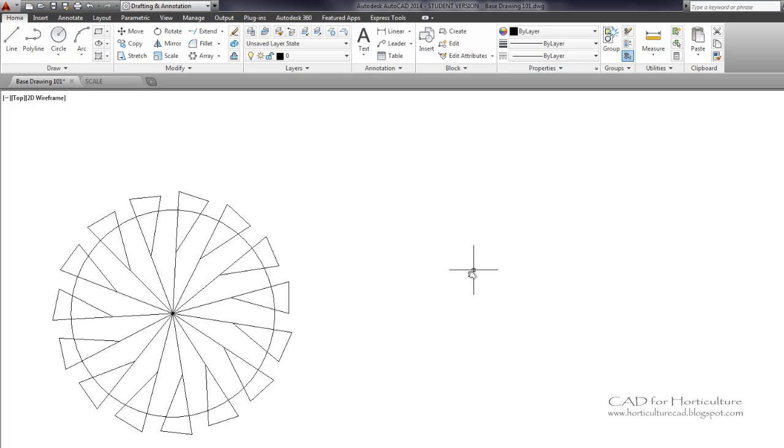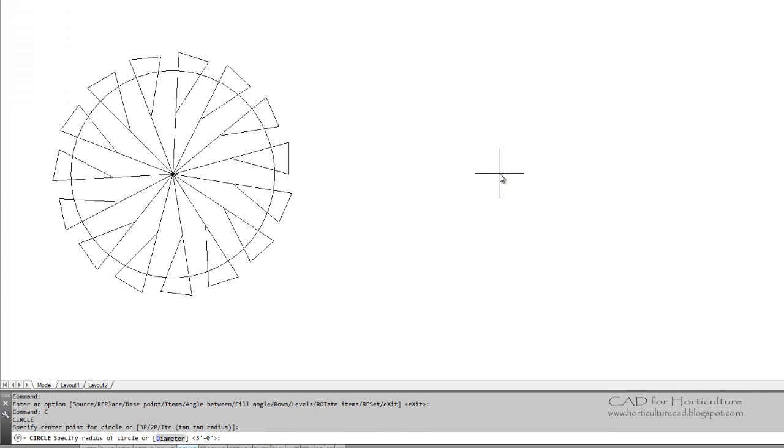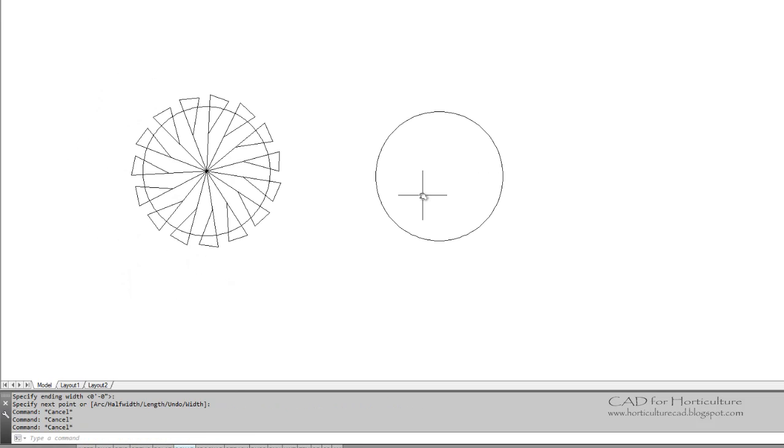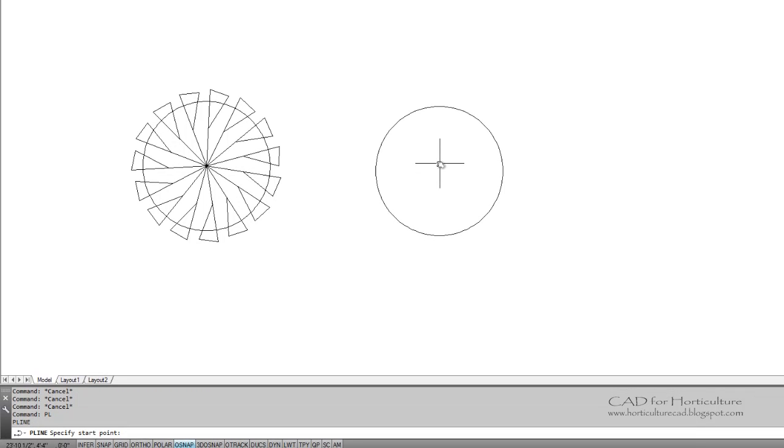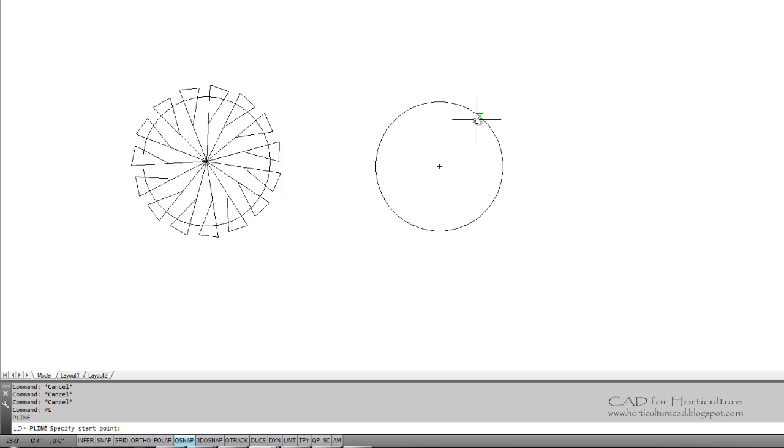The next thing I want to show you is how to create a little bit better looking shrub symbol. So we're going to do a circle over here, and if you notice on the command line, it knows that the last circle we drew was 3 feet. We're going to start doing another polyline just like we did last time. So we start the polyline command. It's asking for a starting point, so we can go up and touch that circle,